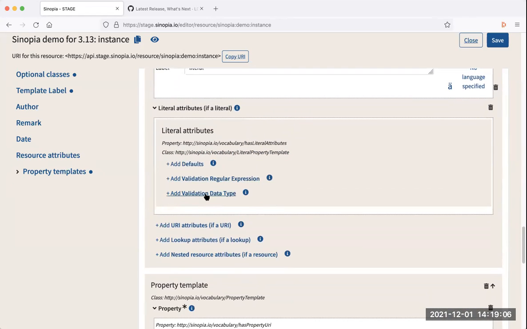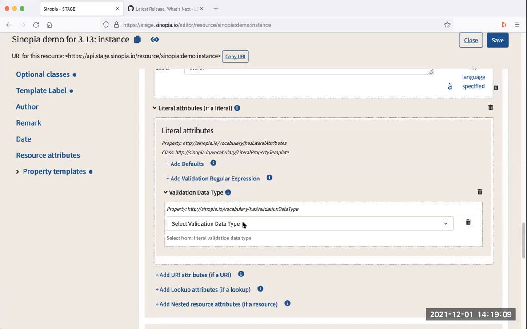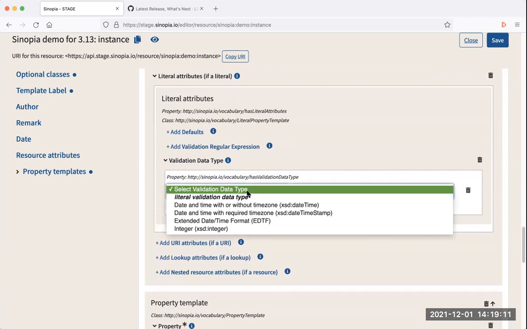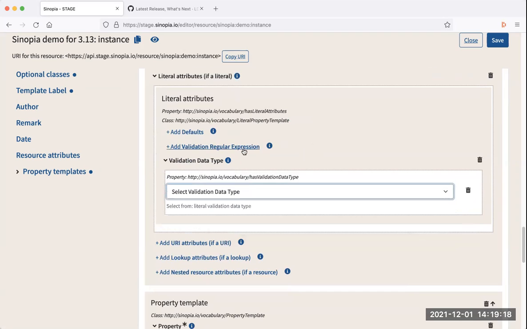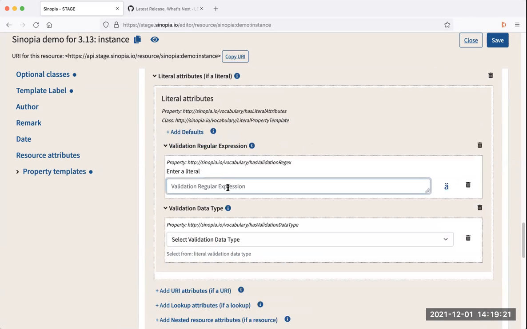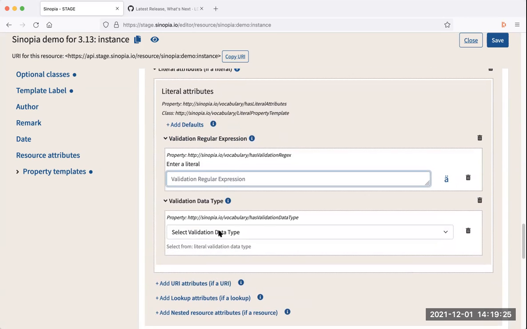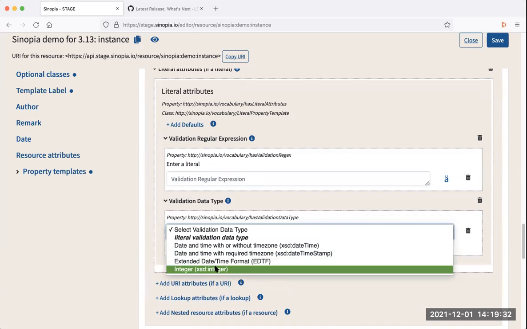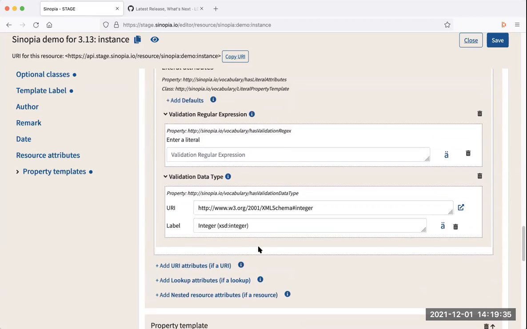So you can add a data type, and there's several types to choose from. You can also write your own regular expression here and enter it in this field. Whatever validation you choose here will be applied when the cataloger fills out the template. So what I'm going to do for this field is say that it has to be an integer. And then we'll see how that gets exposed in the editor. Let me save this,